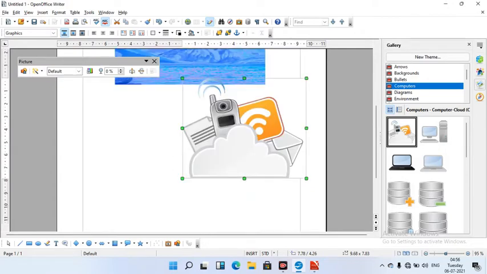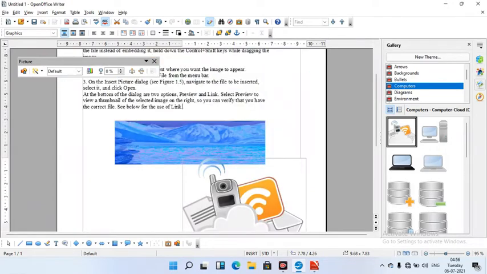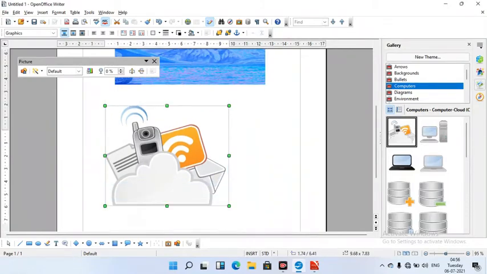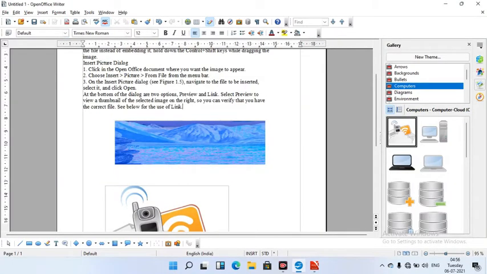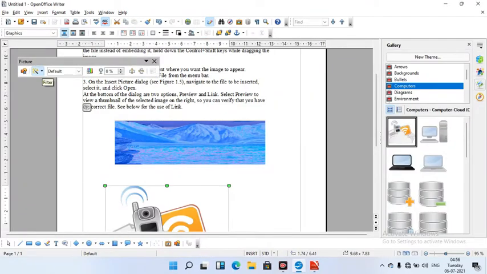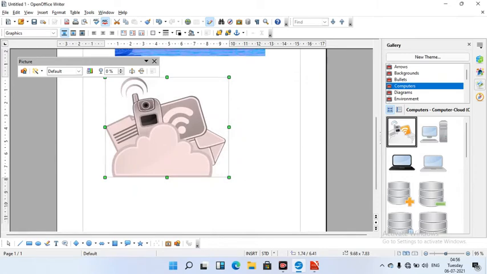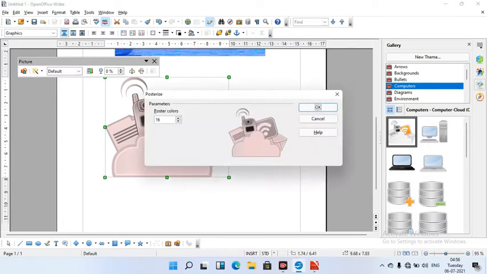Remove noise means... and we will do other options like aging. It will look like a very old picture. And next is posterize.